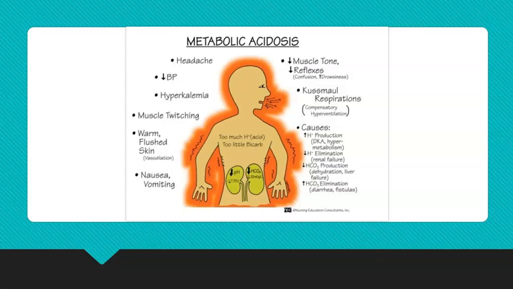Kussmaul respirations are that rapid breathing. It's a compensatory hyperventilation because they're trying to breathe off some of the acid. You'll have increased hydrogen ions in the